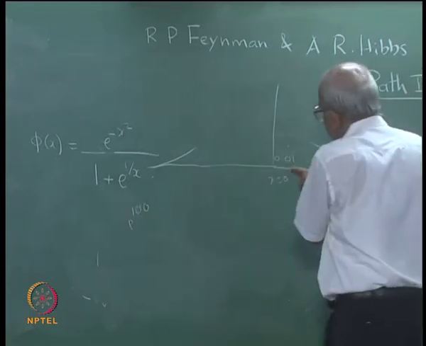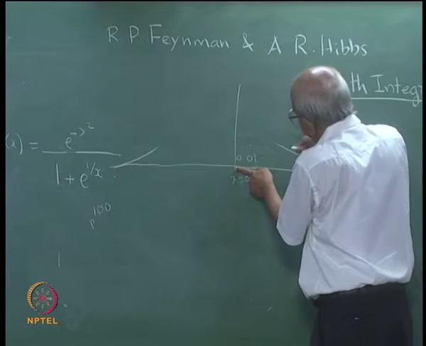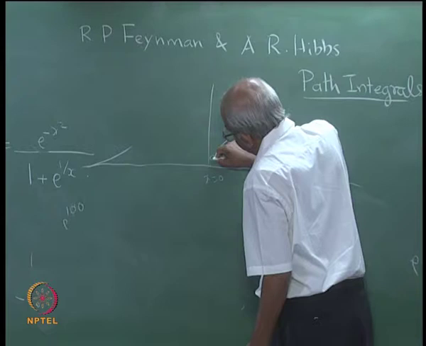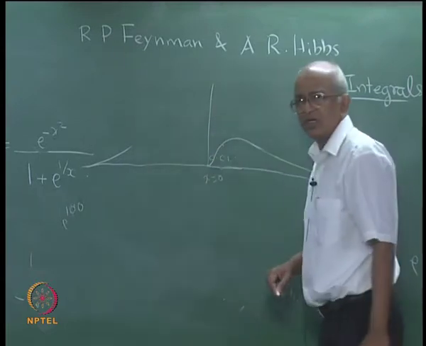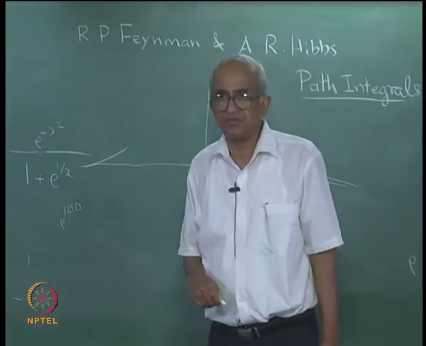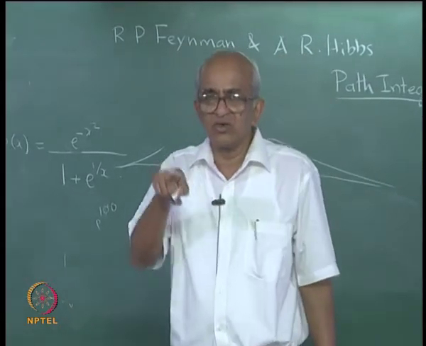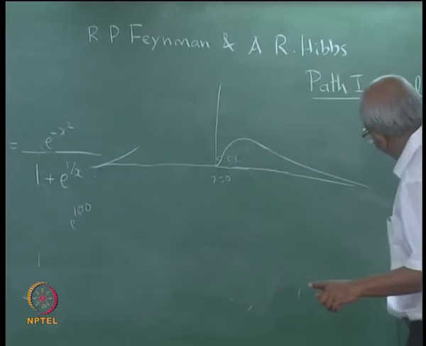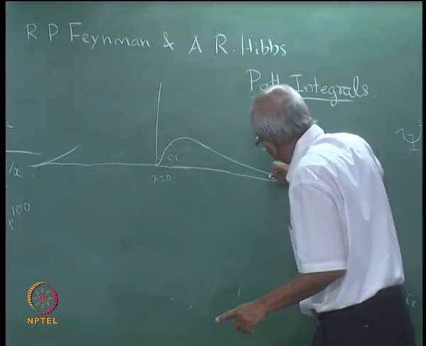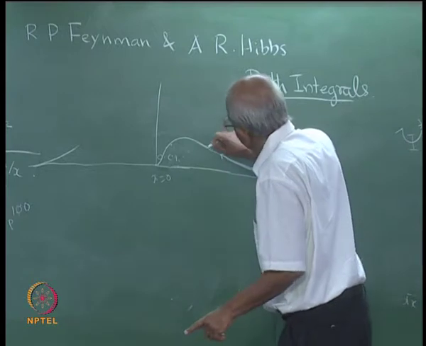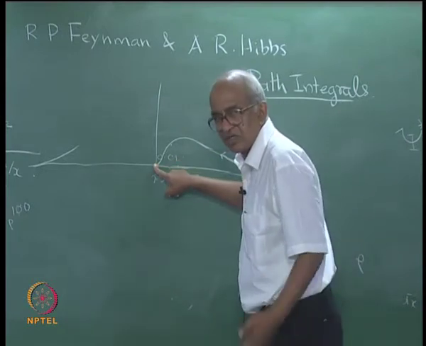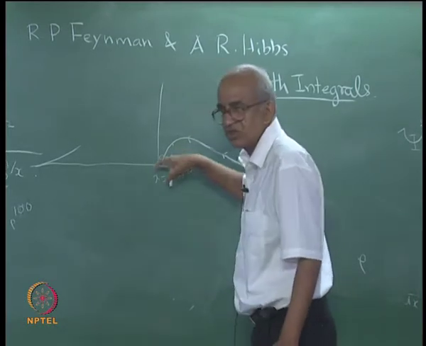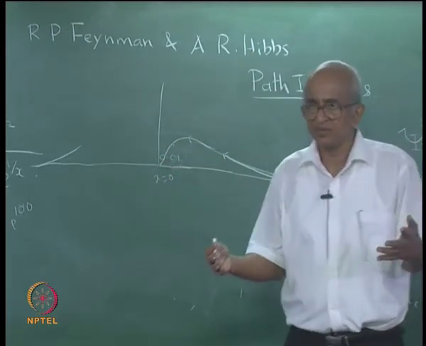So, as you are approaching x equal to 0 from this side, what will happen? The function actually decreases and it approaches 0, right. That is what happens with this function. As you approach x equal to 0 from above, far away, of course, the function is 0, but as you approach, the function actually increases, but very close to x equal to 0, the function has a value 0, as we have seen. So, therefore, it should turn around and it should approach 0 like this, correct.